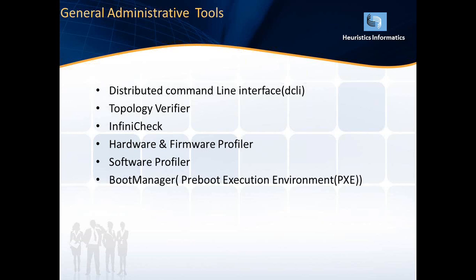The next one is the software profiler, which will check whether all the RPMs across all the compute nodes have been installed properly or not. If the RPMs have not been installed and are not equal across all the compute nodes, it will pop up a message and trigger that these RPMs need to be installed on one of the compute nodes and these RPMs need to be installed on the gateway switches. In this fashion, the software profiler will check and pop up the message.